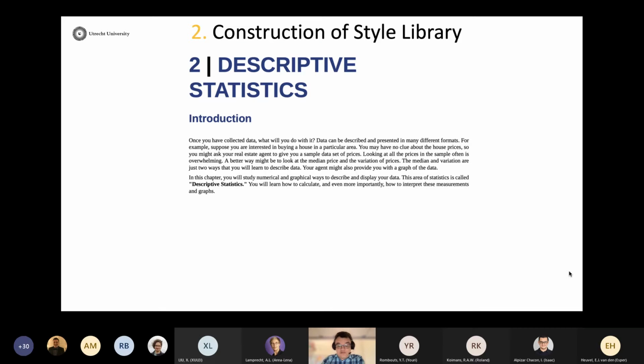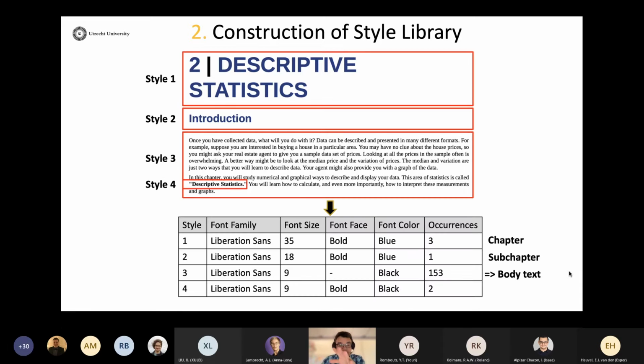So if we have a page like this, then we can get some information from just how the texts look. We can see that there are different styles. Some of these styles are for titles of chapters. Some of the styles are titles for sections. Some of the styles are just for basic text that presents the main content of the book. And then there are also sometimes particular styles that can present some important information. And then you can try to think what this important information is.